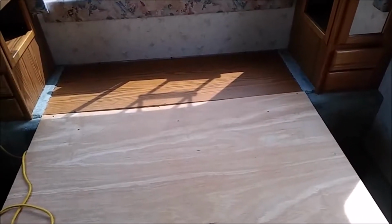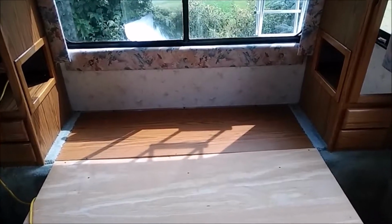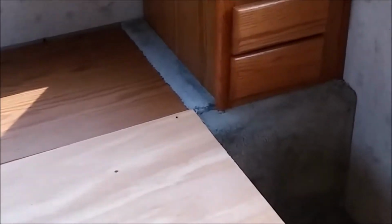So I don't know if it's a problem with the inlet. It might have blown a line because of too much water pressure, or if it's my holding tank. Hopefully it's just a line blown from too much pressure. Mattress off the back bed, and hopefully remove that access panel,